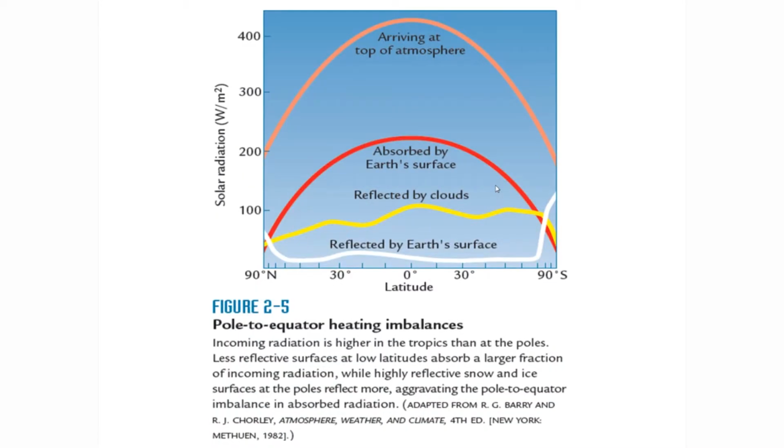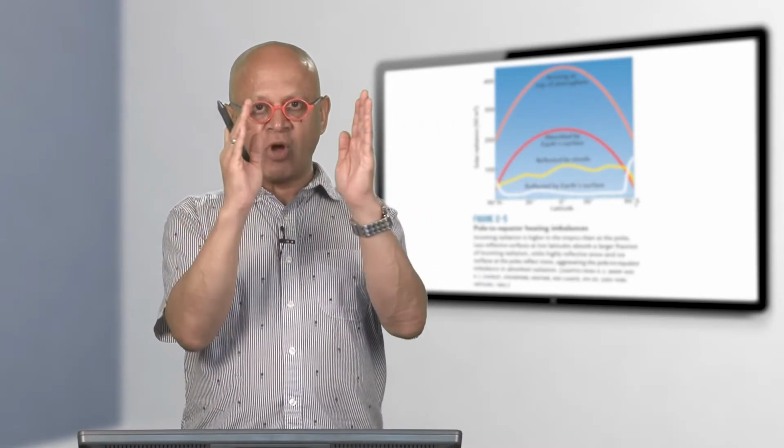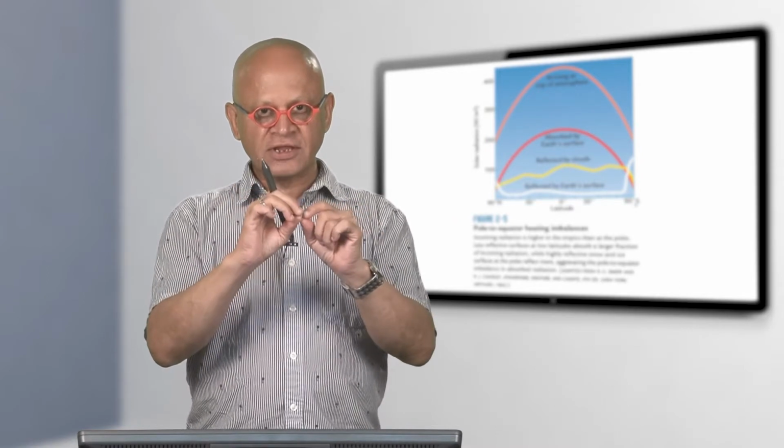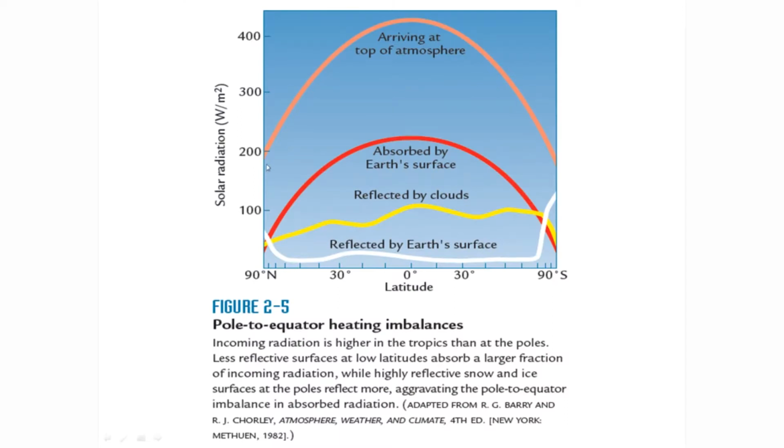To continue the discussion in this broader context of climate introduction, you look at the equator to pole heating imbalances. You basically take the whole globe, make the average over all longitudes, and look at the distribution from the equator to the pole, where the northern pole is here and the southern pole is here. At the top of the atmosphere, the arriving shortwave radiation is distributed like this. There is more radiation at low latitudes and less radiation at high latitudes, basically because the earth